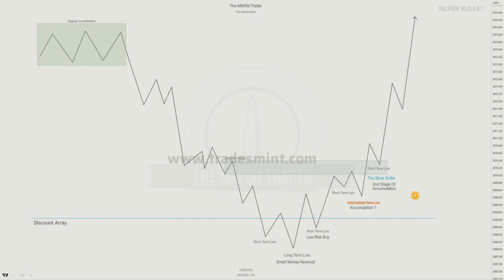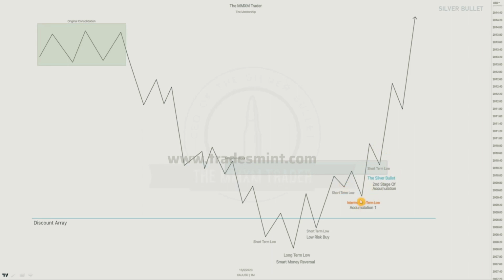Referring back to the other lessons, right, mitigation blocks, we can use all those techniques to solidify our trade idea where that short-term low should form. We've got that mitigation block on the sell side of the curve, extending it out in time, right, to the buy side of the curve, we see this intermediate term low forming,